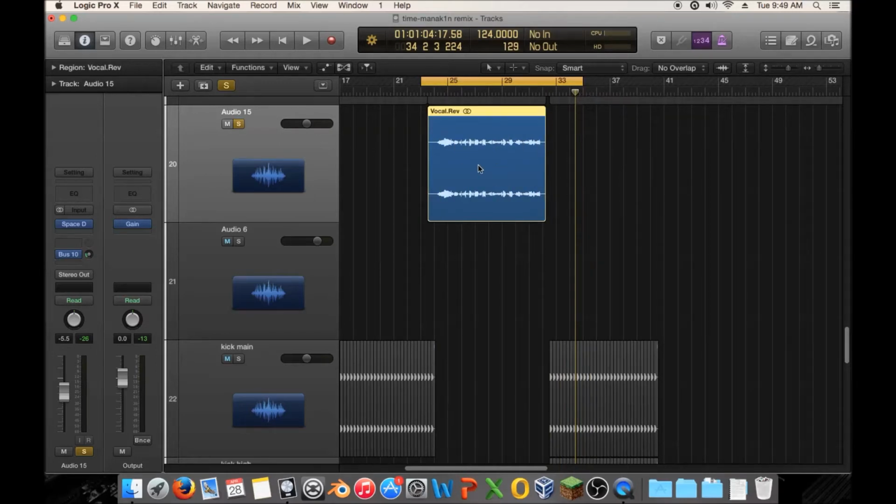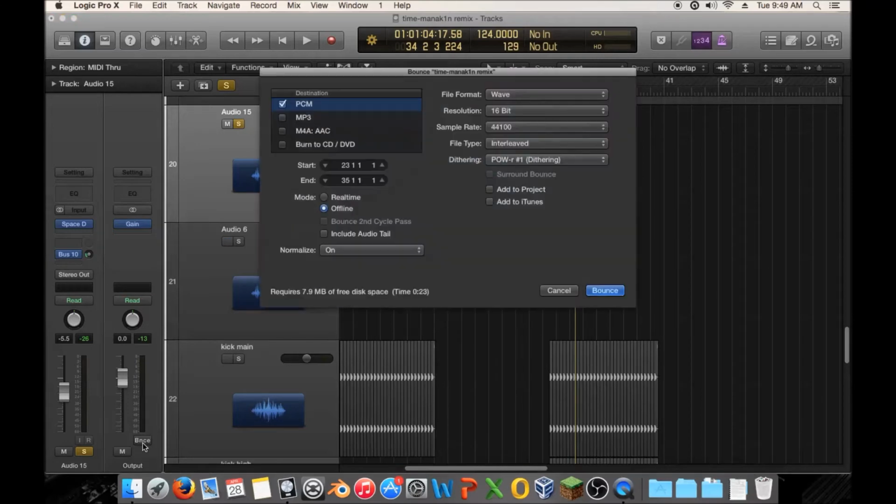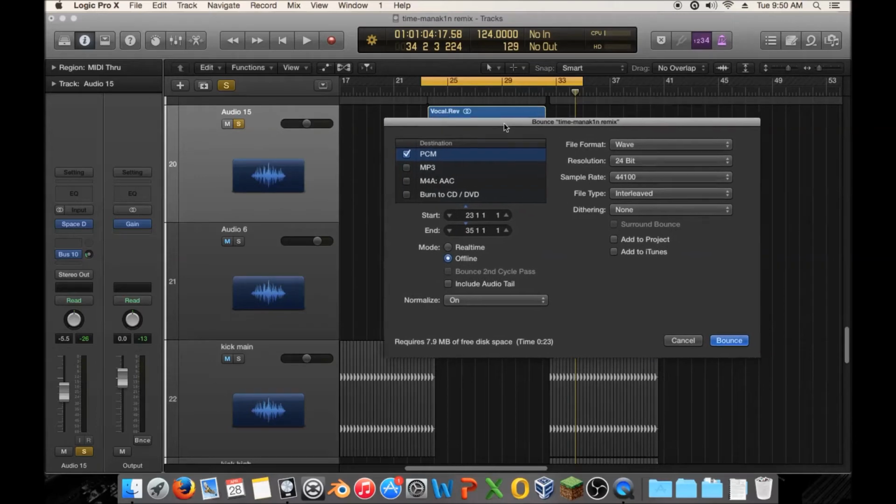So then we pull up this, bounce, and I'm going to normalize it and make sure this is 24-bit and not dithered, because this is going to be used as a sample for this part. So, okay, now